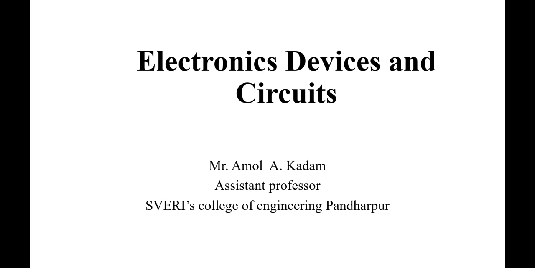In the previous lecture we discussed the PN junction diode: how it is manufactured, which material is used in a PN junction diode, how it works, its application and its limitation. In this lecture we are going to discuss the Zener diode: how it works, what the parameters of a Zener diode are, which materials are used for manufacturing, and what the applications of the Zener diode are.